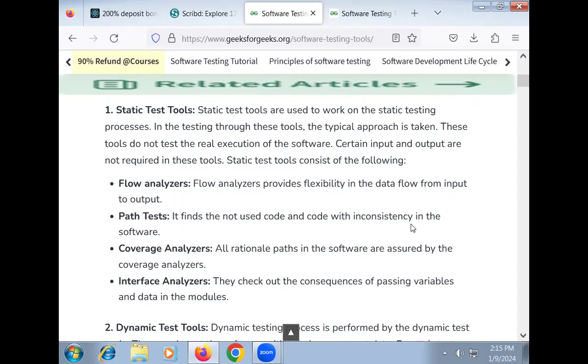Static test tools. Static test tools are used to work on the static testing process. In the testing through these tools, the typical approach is taken. These tools do not test the real execution of the software. Certain input and output are not required in these tools. Static test tools consist of the following: